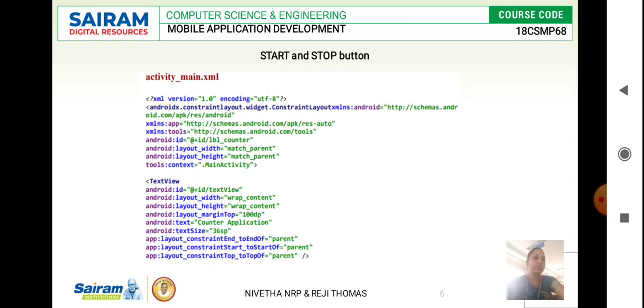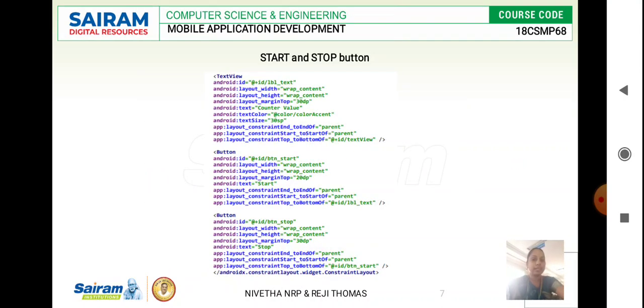Here we have two buttons, right? One, a start button and a stop button, and the counter value. So you design the framework for that under the activity main XML. Under text view, we have two buttons, one is the start button and the other one is the stop button. For that, we give as a text view what is the width of the button, what is the height of the button, what is the size of the text, what is the color of the text, what is the orientation of the text. Everything we describe in the text view.